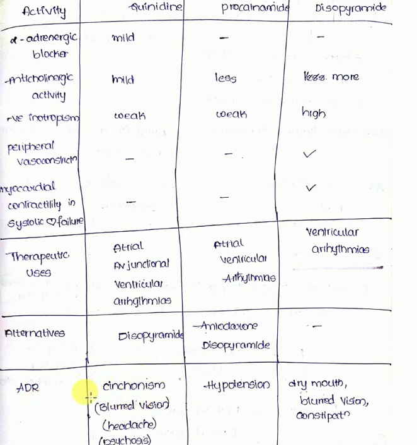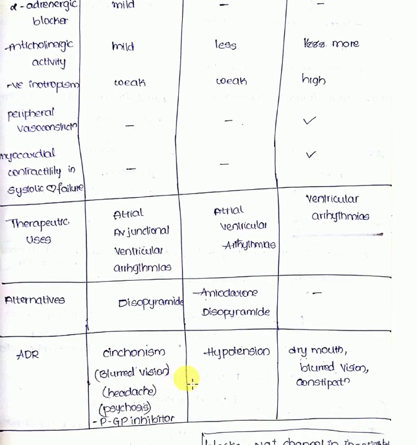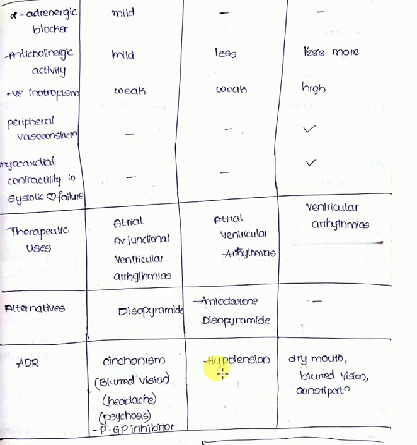Quinidine is a derivative of quinine, which is obtained from the cinchona bark. So as it is obtained from the cinchona bark, when used in high doses, it causes cinchonism. The main symptoms in case of cinchonism are blurred vision, headache, psychosis. And quinidine is also a P-glycoprotein inhibitor. And in procainamide, the main adverse action is hypotension